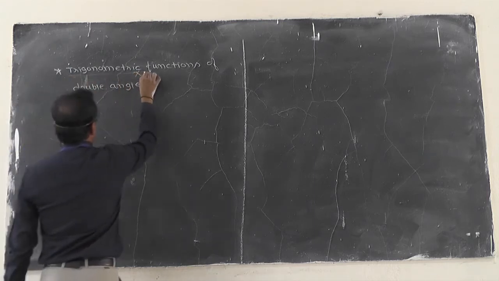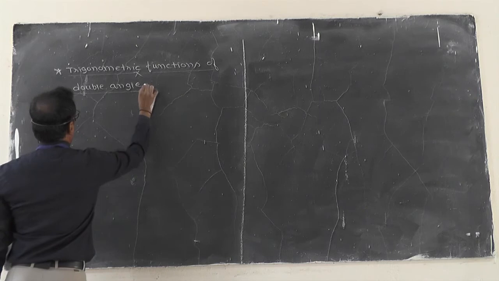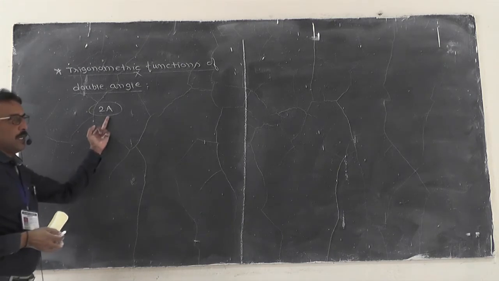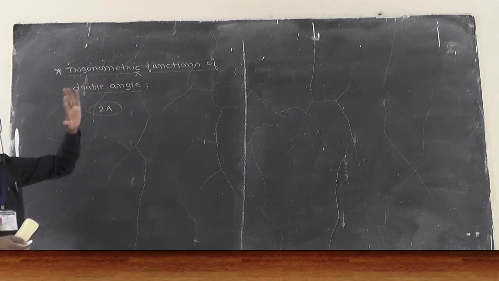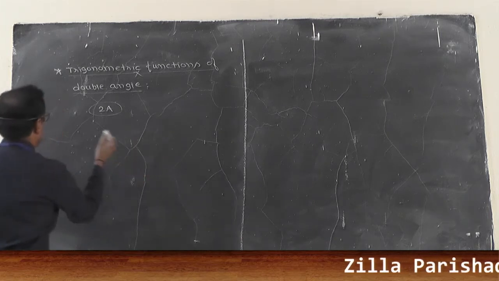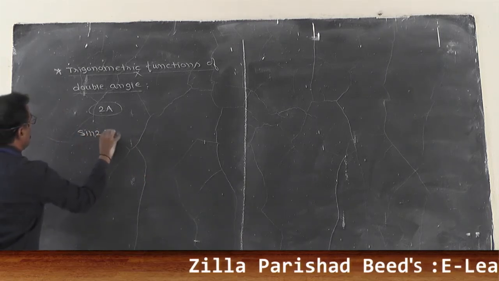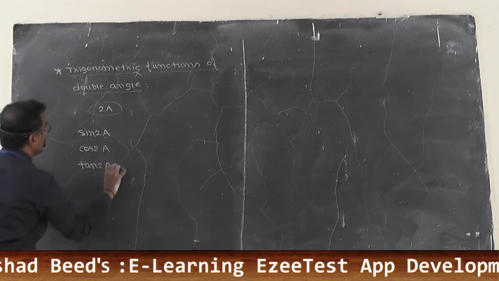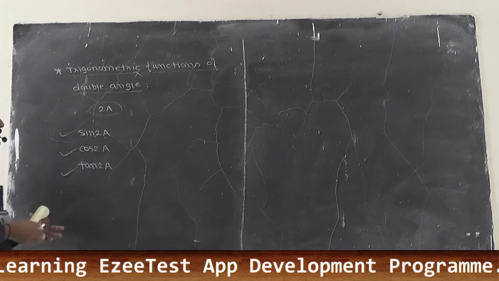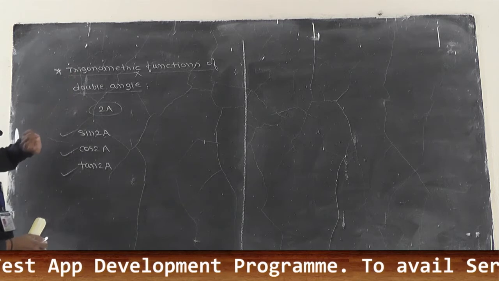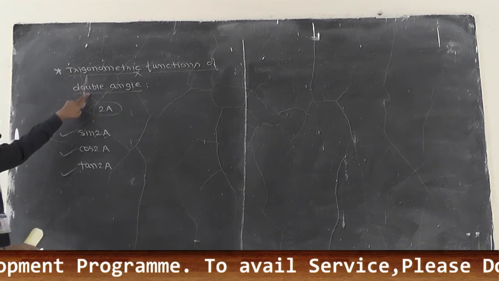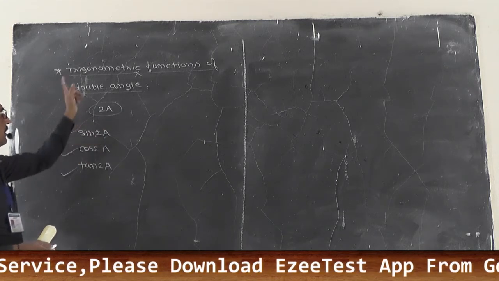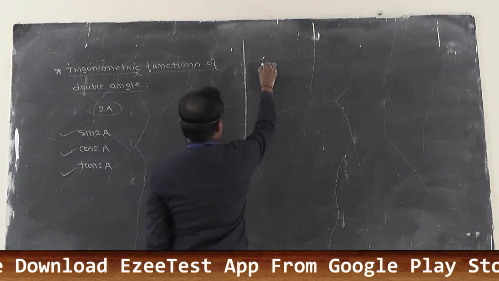Remember one thing, this is from the addition formula actually. Double angle means this is 2a. 2a means it is your double angle. We have to operate trigonometric functions. Which trigonometric functions? Sine, cos and tan. So we will write like this. Which values do we want in this current article? Sine 2a, cos 2a and tan 2a. Now we have these three formulae concerning this, that is, trigonometric functions of double angle. 2a means double angle, it is a trigonometric function, so the heading is trigonometric functions of double angle. Concerning this we have formulae.